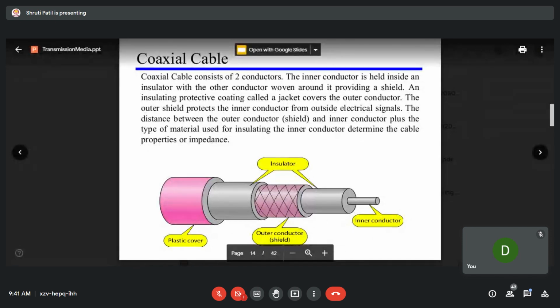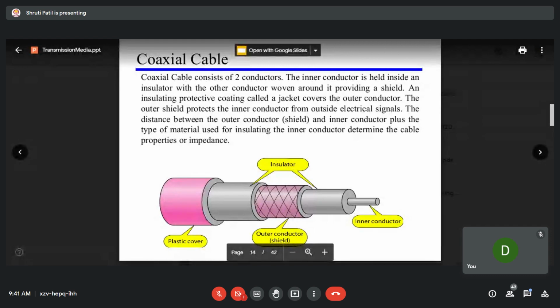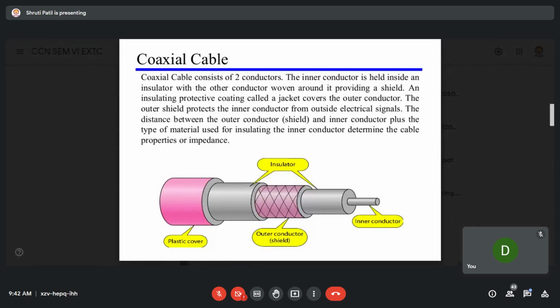It is visible properly. Yes, ma'am. So the second type is